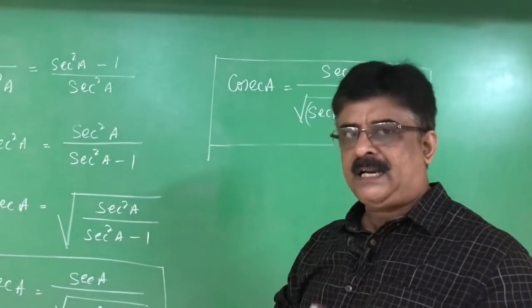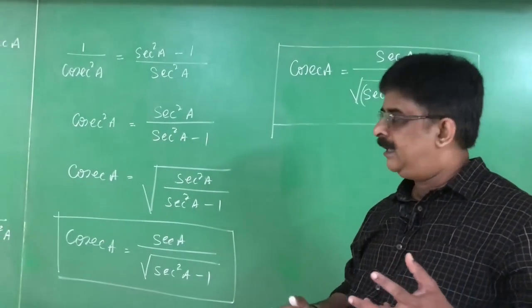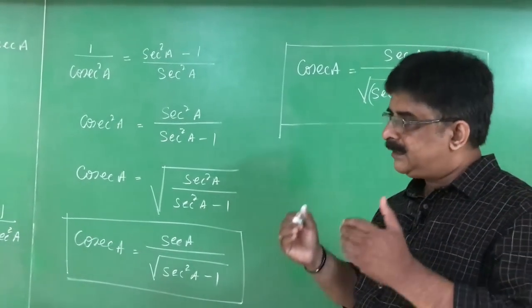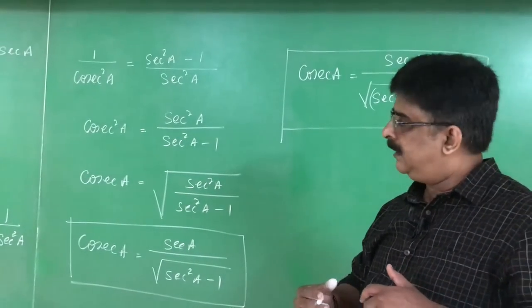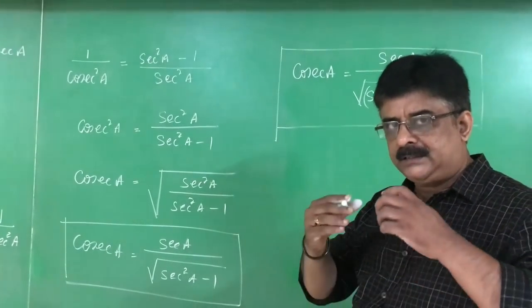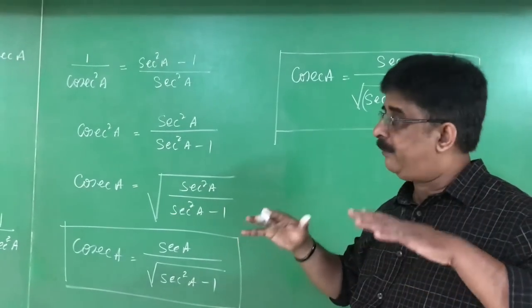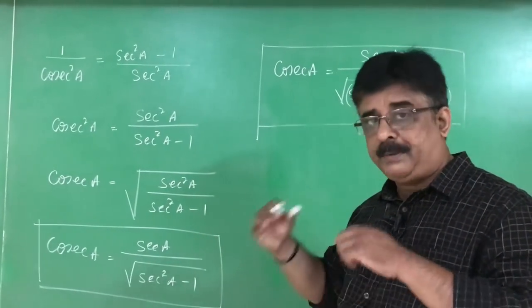Some children may find it difficult. What is this? This teacher is writing all these things. But you are at the age of 15 and 16, and this is the time to select our subjects for the PUC classes. If you wanted to continue in this science wing, maths wing, you have to learn all those things because your mental maturity should be reached to this level. Right? Therefore, you have to practice.